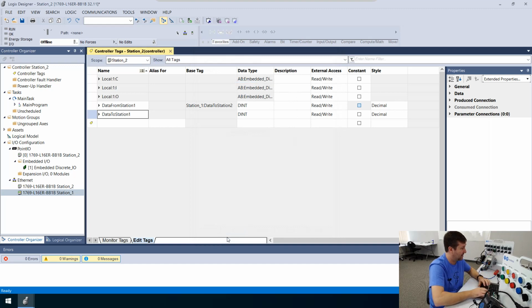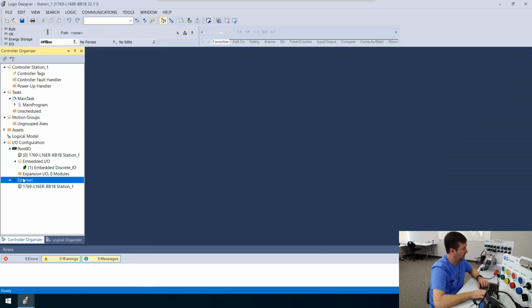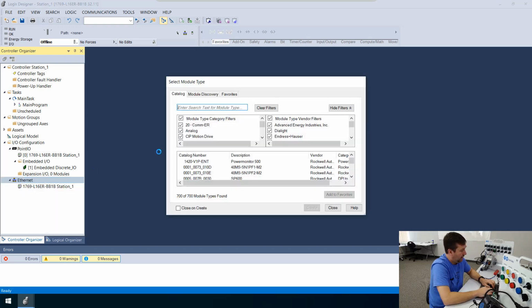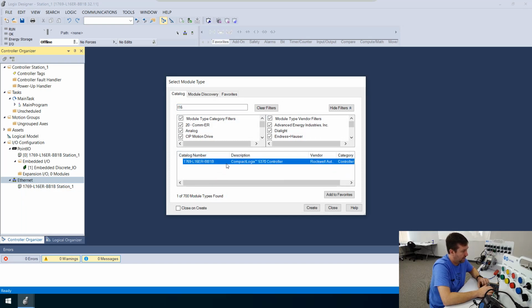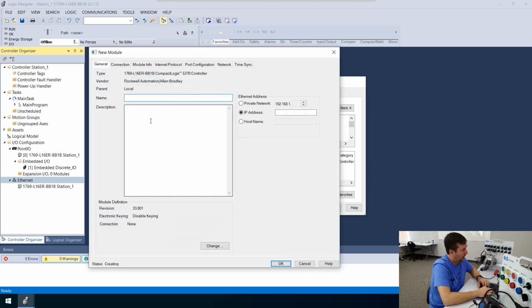Now we need to do the exact same thing to station 1. So let's go to its program, and in our I/O configuration, let's right-click the Ethernet, and we're going to create a new module. And again, we'll type L16, and our PLC will be the only one that comes up. And this is going to be station 2. And its IP address is